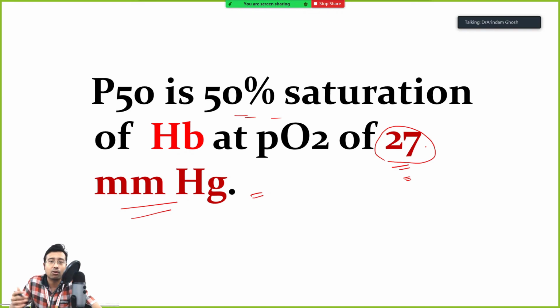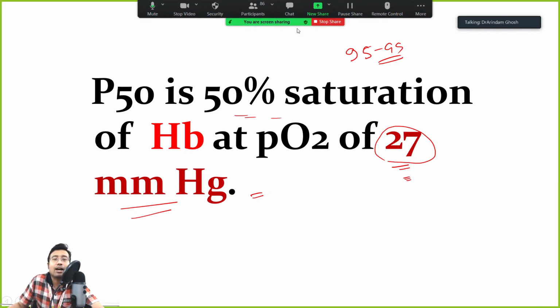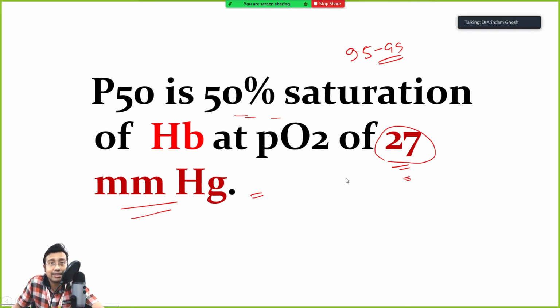So the adaptation occurs in such a way. However, what is the normal physiology? The normal physiology is we need to have 95 to 99 or even 100% saturation of oxygen with hemoglobin. If your SpO2 is reading 50, then your brain is already gone. Okay, so it is much lower. We never aim for 50% saturation, we always aim for 100%, but this is just for your knowledge,